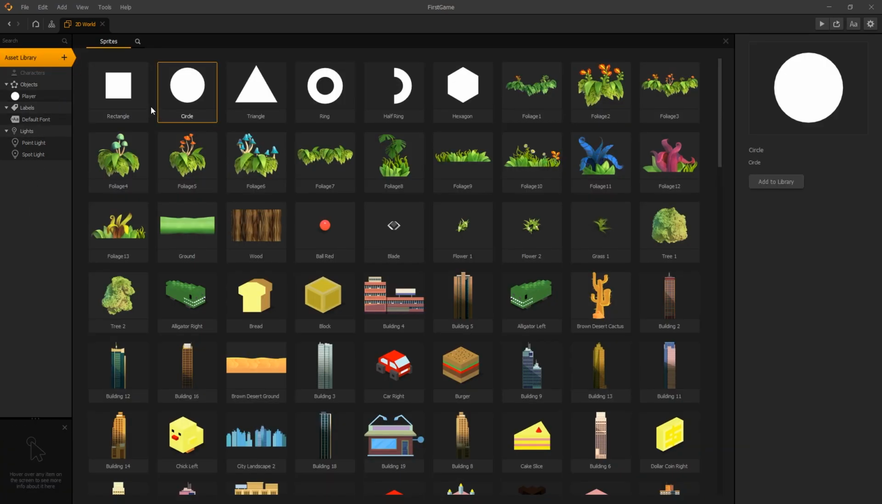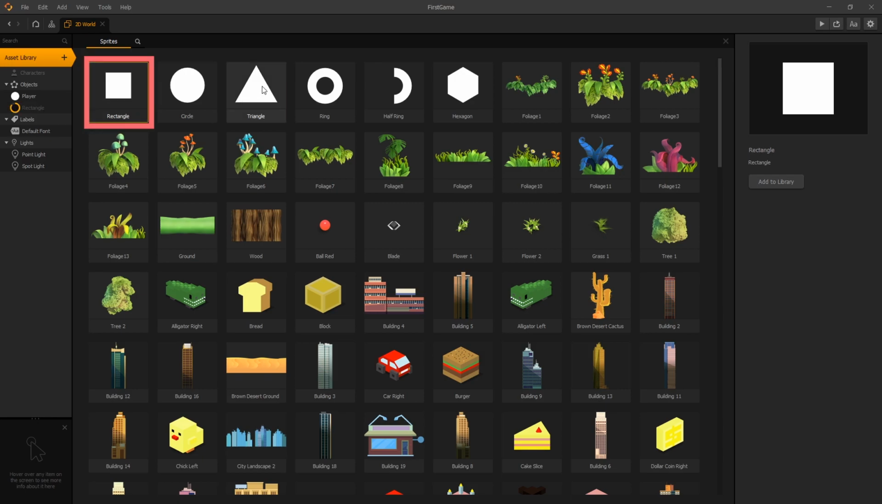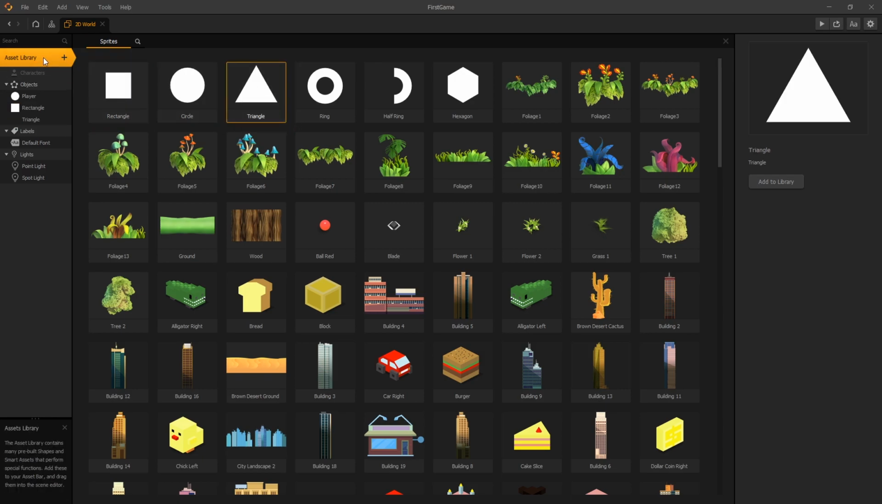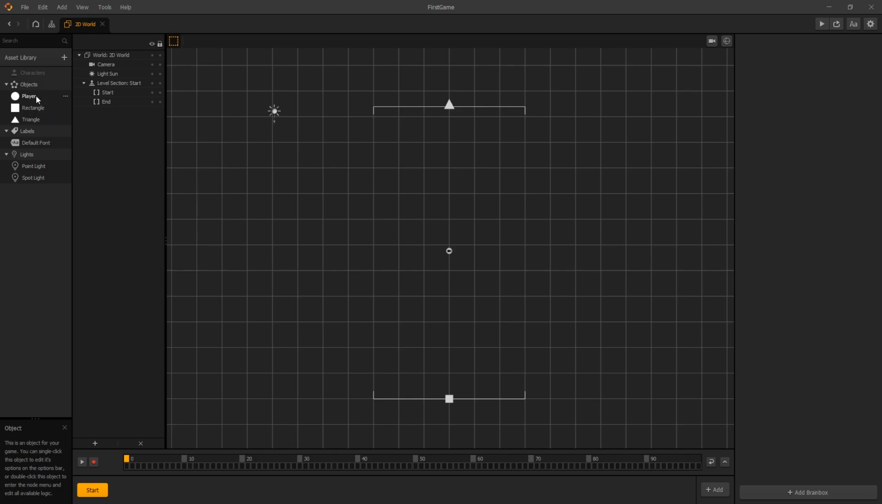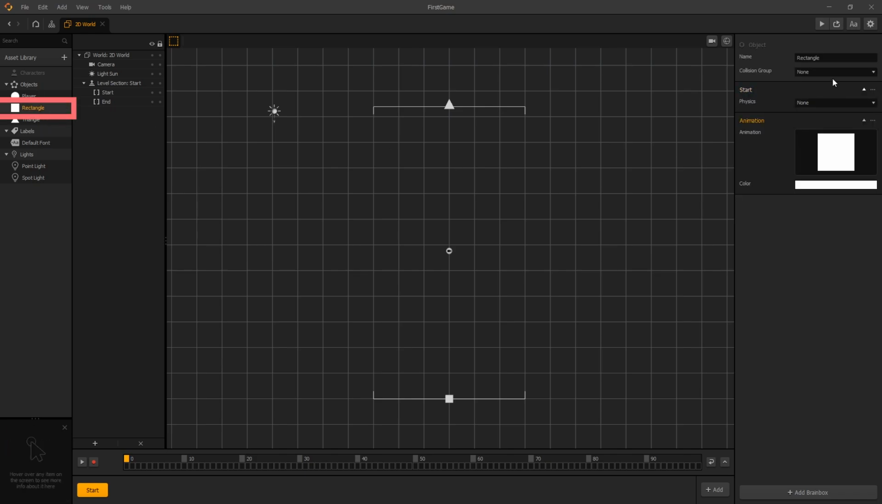Let's go to Asset Library, double-click on the rectangle, and double-click on triangle. Close the Asset Library, and we can select a rectangle, rename it to ground, and select a triangle, and rename it to enemy. And now we're ready for this video, and in this video we're going to be placing our assets into the